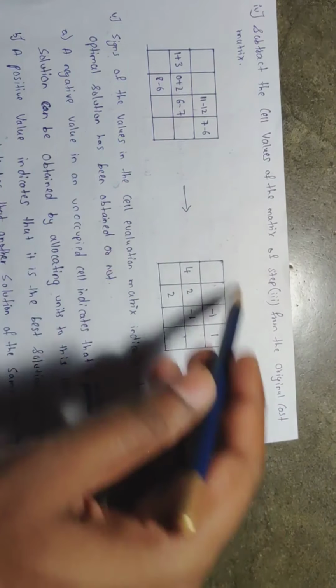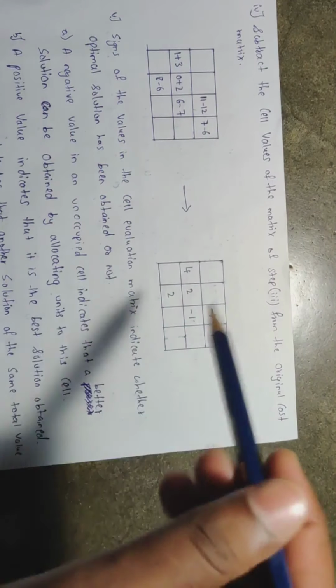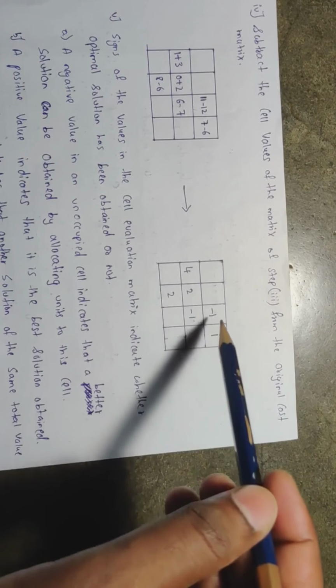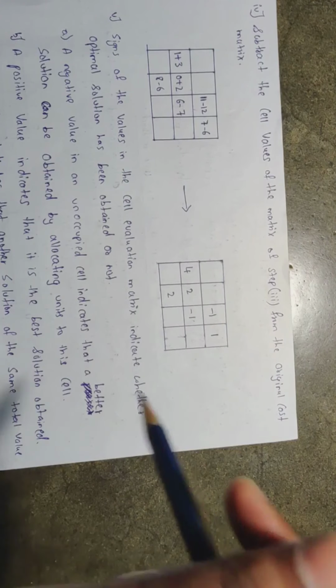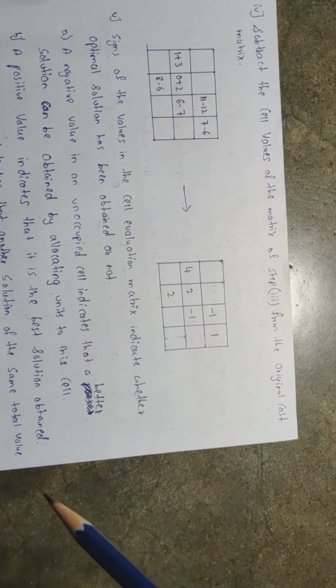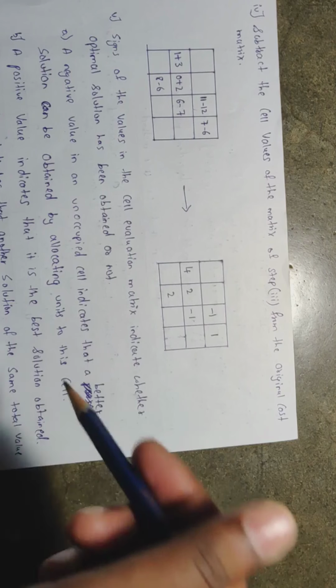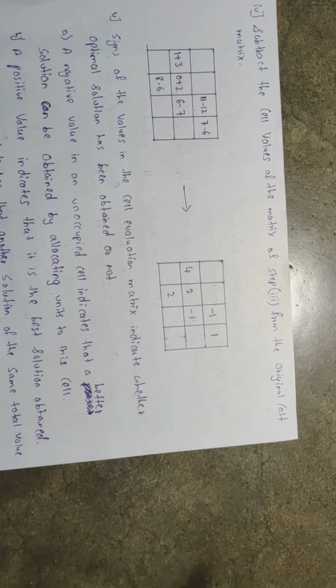Now what you have to check in this table is whether the solutions I'm getting here are positive, all values are positive, or is there anything negative here. Remember one thing: if there is any one term negative, then it suggests that you can obtain a better feasible solution than what is already obtained. And if all the values are coming positive, then it is the best solution you have obtained.